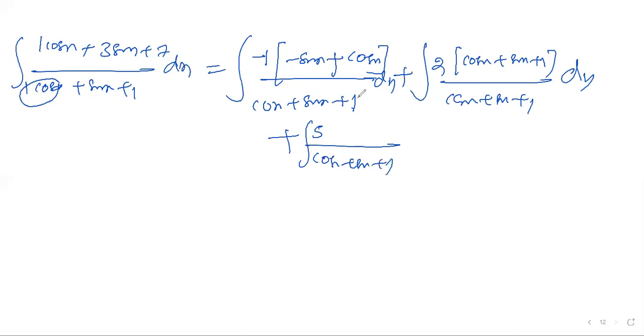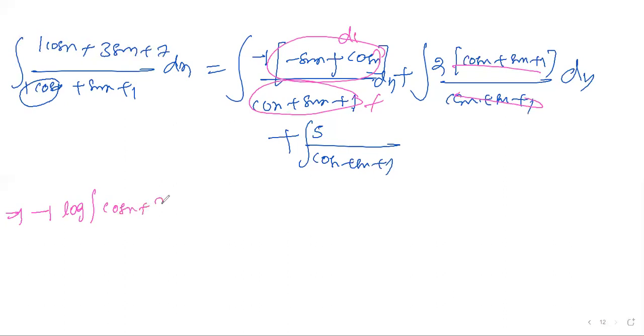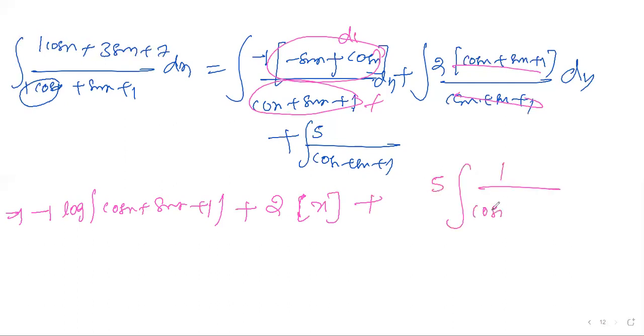Okay, the entire thing I won't do. This is t, this is dt. This is the same portion, dt by t, which gives log t. I am writing the answer directly: minus 1 into log of t, where t is cos x plus sin x plus 1, plus 2 into integration of dx, the value is x, so 2x. Next, the entire portion, the 5 I took common, so cos x plus sin x plus 1. This portion is finished, so this part is left.